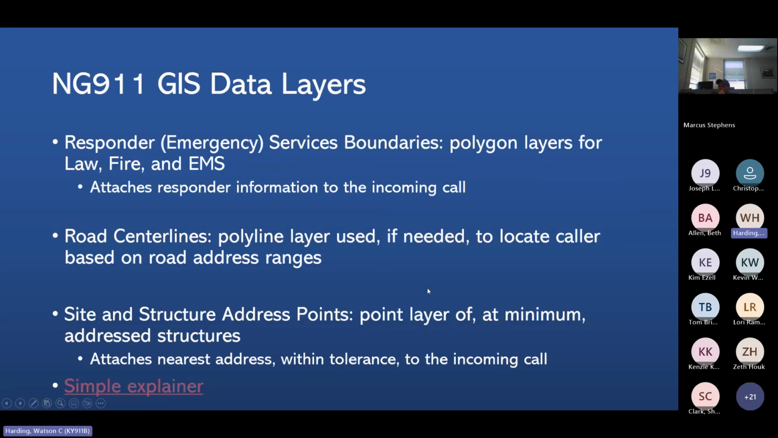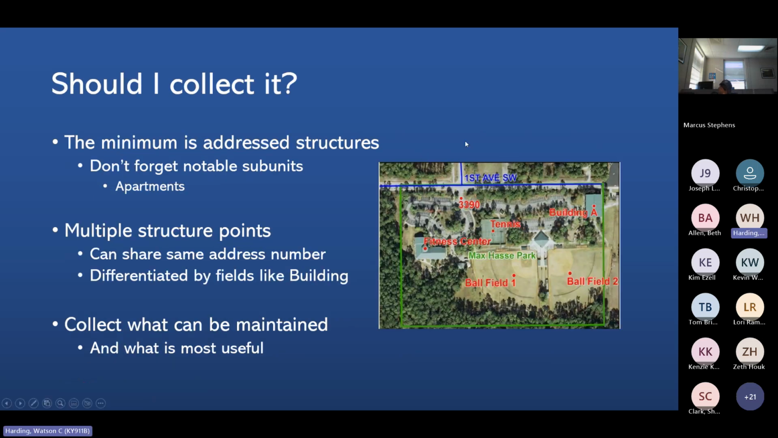Okay. So one of the questions is, what should be collected under site and structure address points. So the minimum is any structure with an address, and that includes subunits like apartments. And one of the challenges here is, I'll get to it next page in a little bit more detail, but